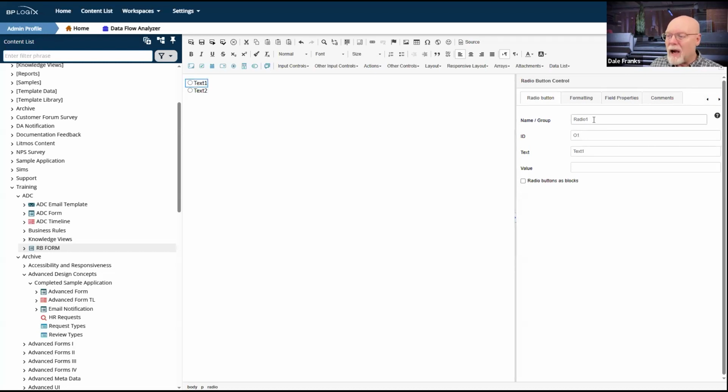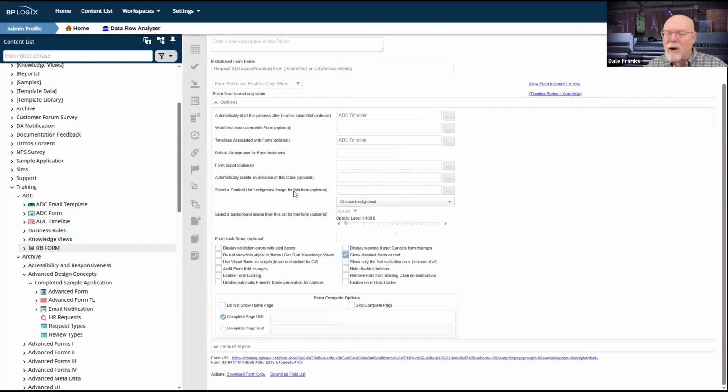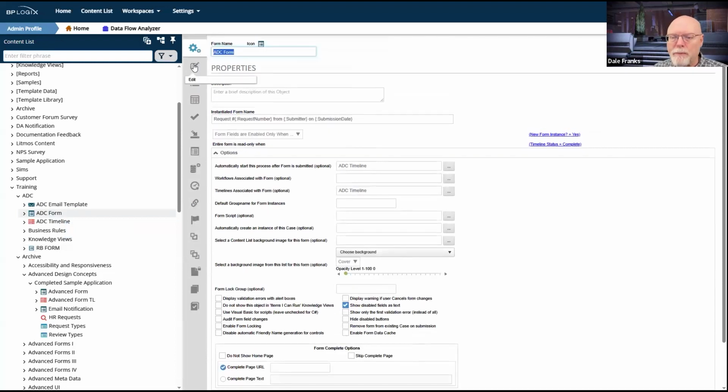You just have to remember all of your radio buttons have to share a group to be mutually exclusive. So you just have to know a little bit more about how to configure these radio buttons in order to use them effectively. But in our case, we're just going to use the normal radio button group.